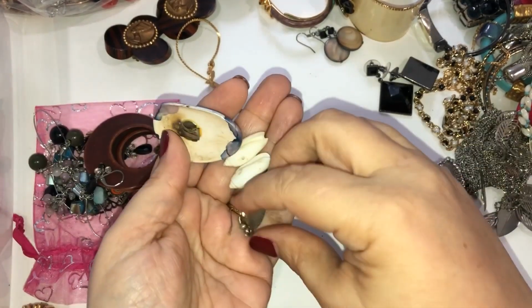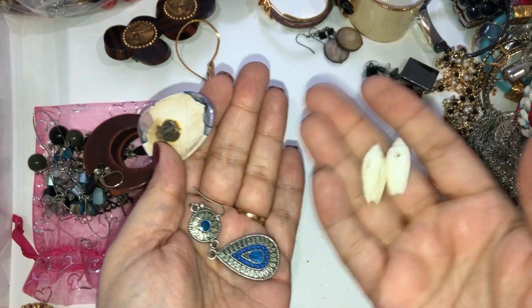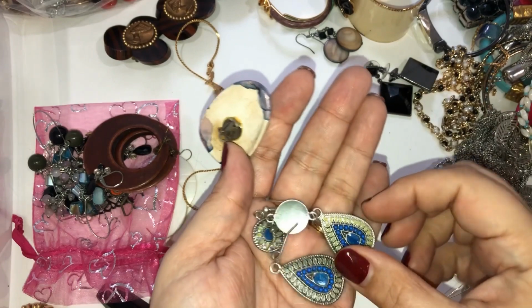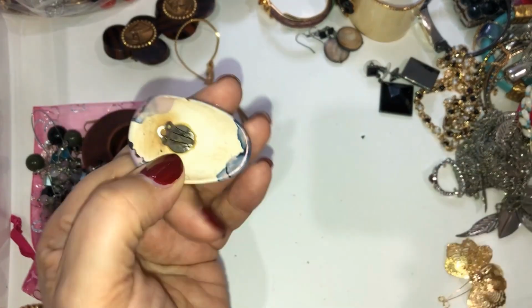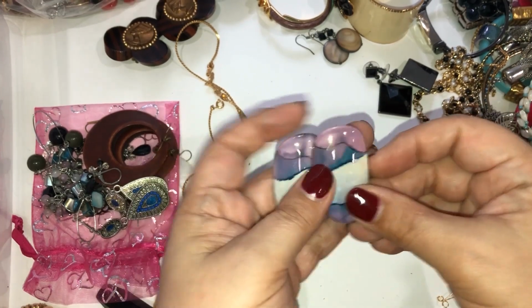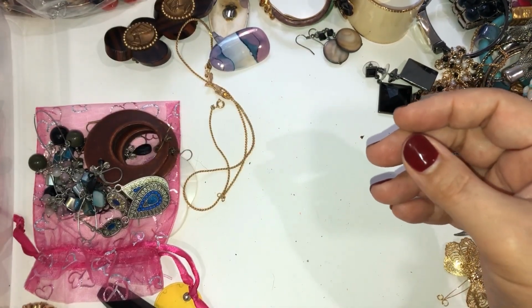Okay, and here's some other earrings. So let's see, here's some shells. So something fell apart. And so there's these earrings, so that makes a pair. And then this one, and I have the other one over here. So that makes a pair. And she's really barking at something